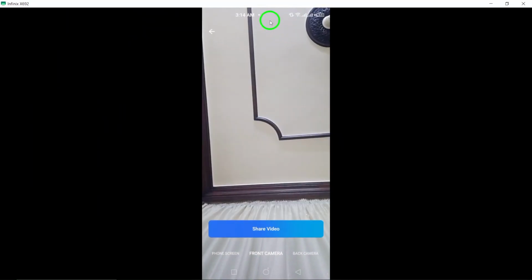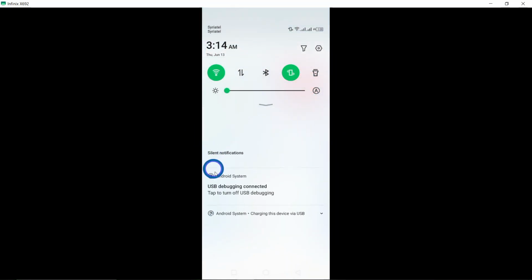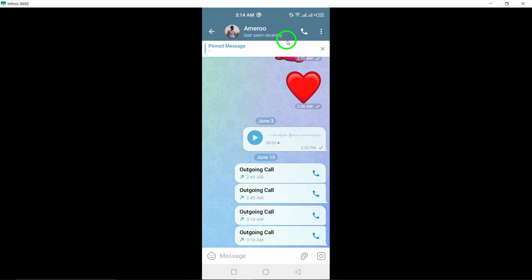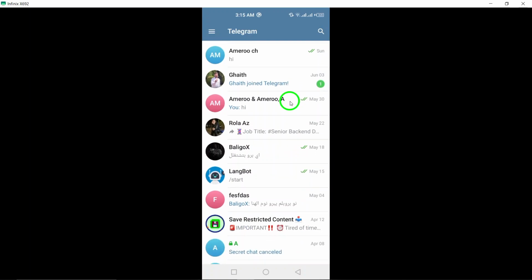And there you have it. With just a few simple steps, you can easily start a video call on Telegram and connect with your contacts in real time. Whether you're catching up with friends or holding a virtual meeting, Telegram makes it easy to stay connected through video calls. We hope this tutorial has been helpful in guiding you through the process of starting a